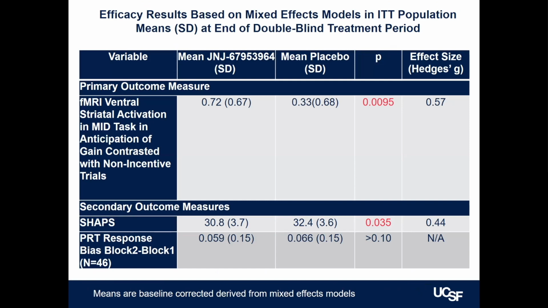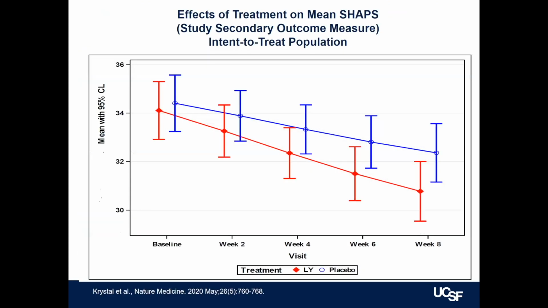We also had a significant effect on the clinical endpoint. Now, that was not critical for our study, but what was critical is we wanted to measure how big the effect size on the clinical outcome is. And it was actually bigger than I expected it would be, but still smaller than the biomarker. It had an effect size of 0.44, somewhat reinforcing the idea that the biomarker, being closer to the direct effects of the drug, is likely to give us a bigger effect. This just shows the clinical effects, and that the drug robustly led to this improvement over 8 weeks.